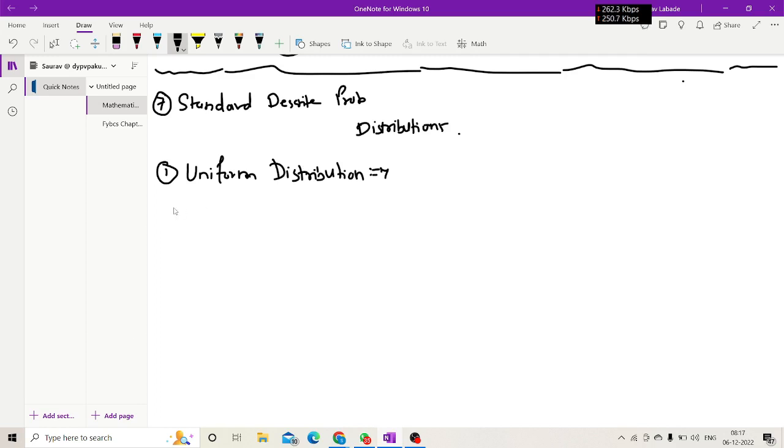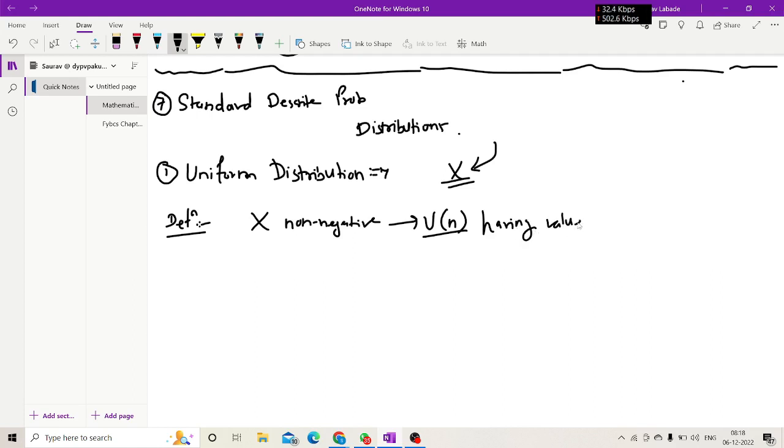Suppose I have one particular random variable, capital X. The definition is: a discrete random variable X which assumes non-negative values is said to follow the uniform distribution with parameter n,